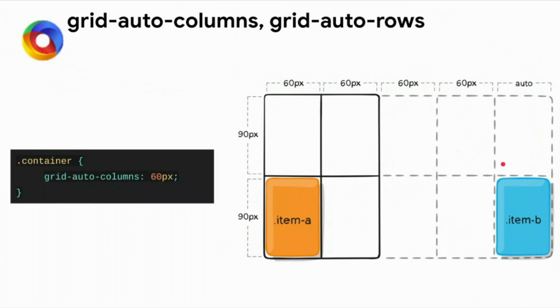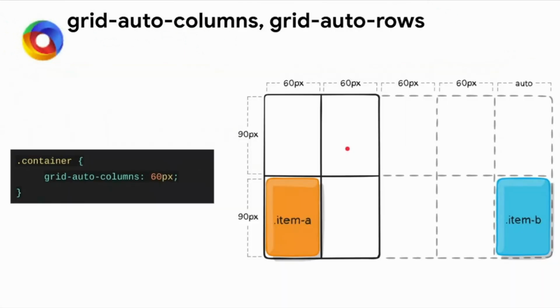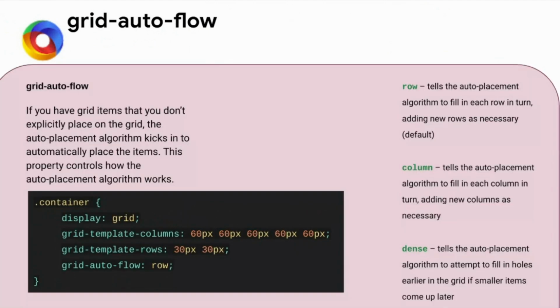The same way grid auto rows works. But grid auto columns are not used as much as grid auto rows. But yes, we can see how both of them work together. In the same way we can put grid auto rows here to set any row property. Okay, till here, any doubt? Okay, so grid auto flow.